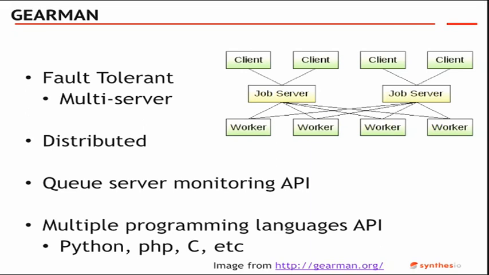It's distributed. There's an API for monitoring, and I'll be coming back to this at the end. And the best part of it is that it's a multiple programming languages API. So we have Python, PHP, I guess Java, C, a lot of them. And this was important for us because all the NLP infrastructure is done in Python, but everything else is not. They all basically run in Java, PHP, some small C stuff, so everything else is in any other language,